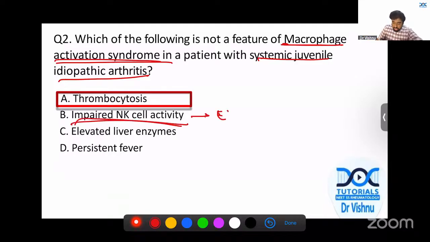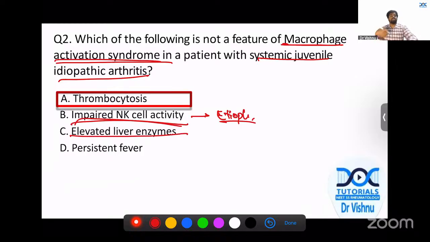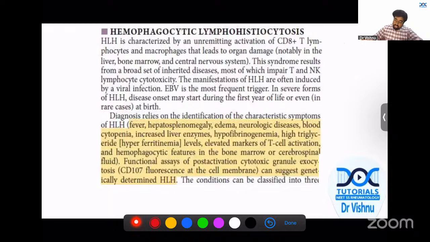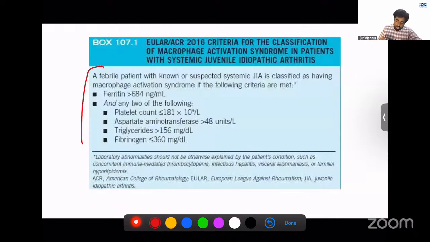Obviously, this is the basis of your etiopathogenesis. Transaminitis, hypofibrinogenemia, hypertriglyceridemia, severe fever. You can see CNS abnormalities. All of these are what you can see, right? So this is from your HLH. So hyperferritinemia, again, the most important one. All of these are abnormalities that you see, and this is, I think, the Ravelli criteria for macrophage activation syndrome in your systemic onset JIA, where you have a febrile patient and you classify as MAS if